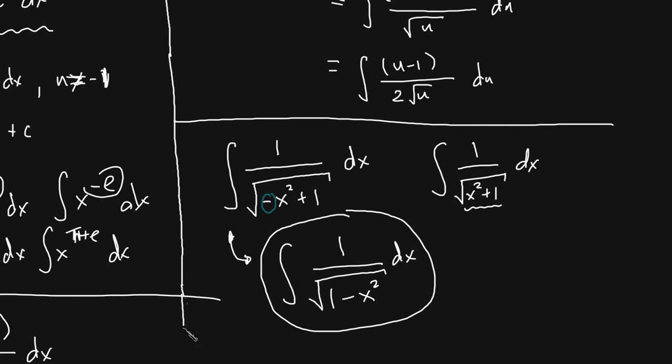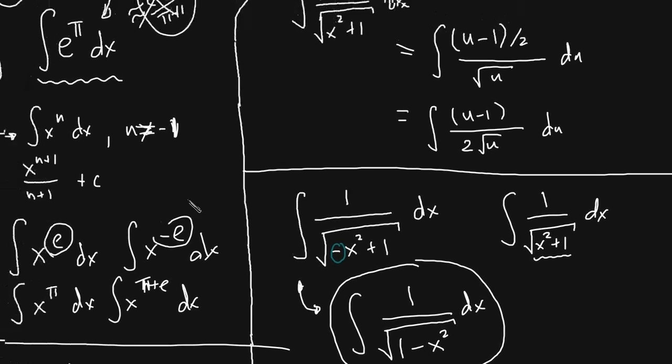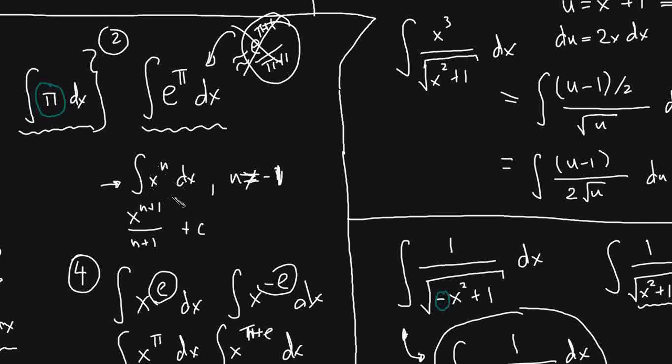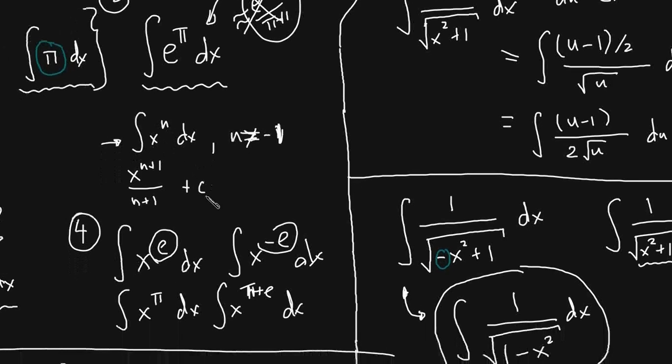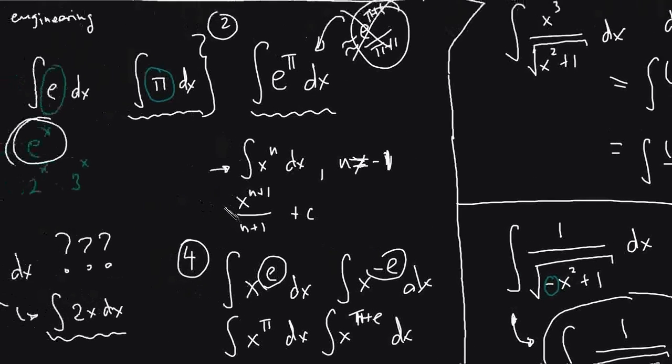So this is the whole idea behind simple but evil. We don't actually want to be evil. What we want to do is we want to try to give them problems that they have seen, but we're twisting them a little bit so that we break them out of the mold of the patterns, right? They've seen a lot of different patterns. They've seen patterns like x to the n, the integral of x to the n, but they don't see questions like integral of x to the e, because they only see e in the context of e to the x.